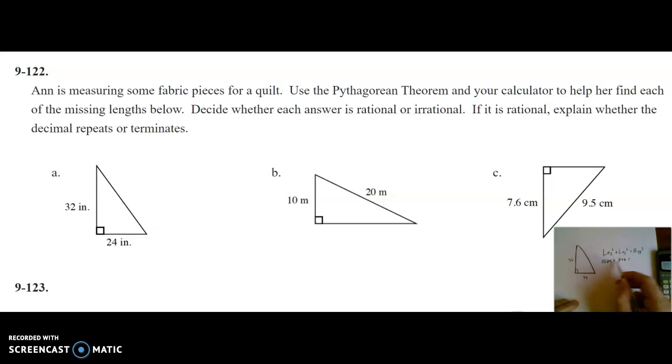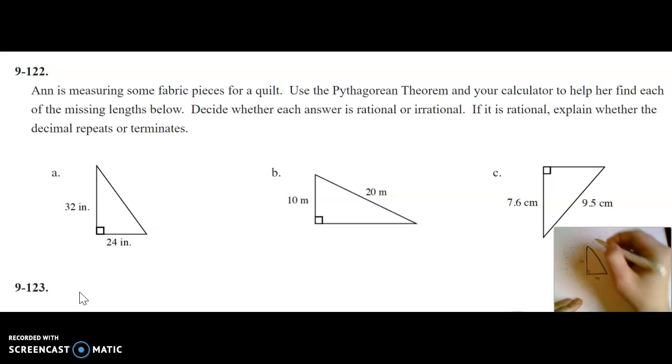And when I add those two together, that's going to equal the hypotenuse squared. So again, what I've done is I found the area of this square plus the area of this square, and together they equal the area of this largest square. So 576 plus 1024 is exactly 1600, which means the area of this largest square is 1600, but its side length, which is